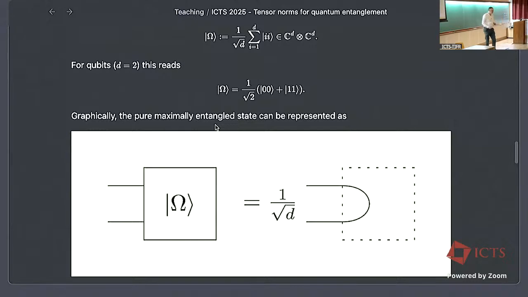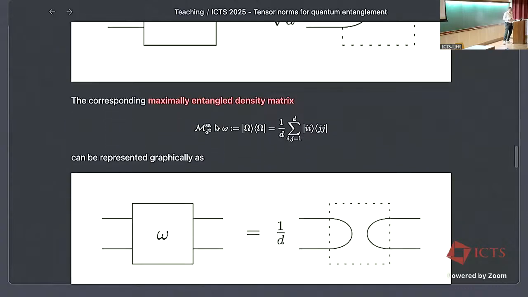This is the picture for the maximally entangled state as a vector. Now, if I look at the maximally entangled density matrix, so this is the projection on my maximally entangled state, small omega, it's the ket-bra omega omega. It's this matrix. The way I will represent it is, I have a copy of omega here, and I have the adjoint copy of omega. So I flip the things in order to indicate that this thing here is a bra, and this thing is a ket. But in any case, the picture is this.